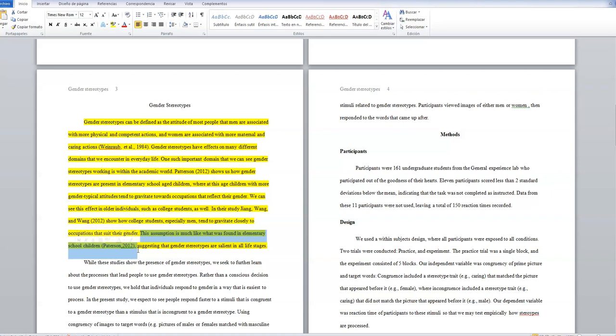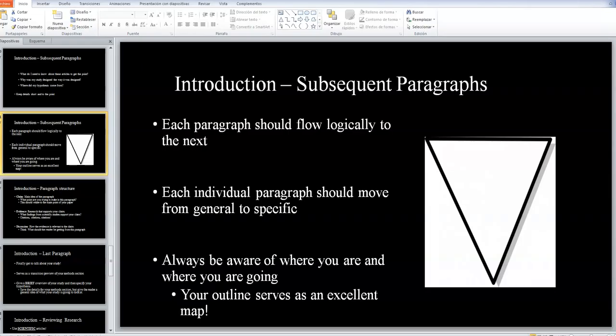This person is doing a good job of synthesizing, because not only is the person summarizing different articles, but the person is also connecting how the articles fit together. And that, my dear and beloved students, is the biggest challenge here. You want to find a way that you can connect the different articles so they make sense. That is why perhaps some people consider the introduction the most difficult part of the paper to write.